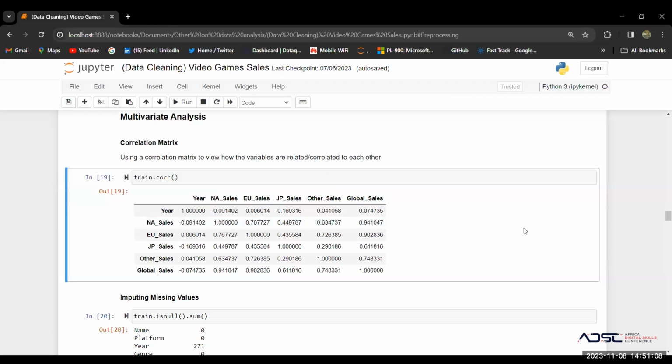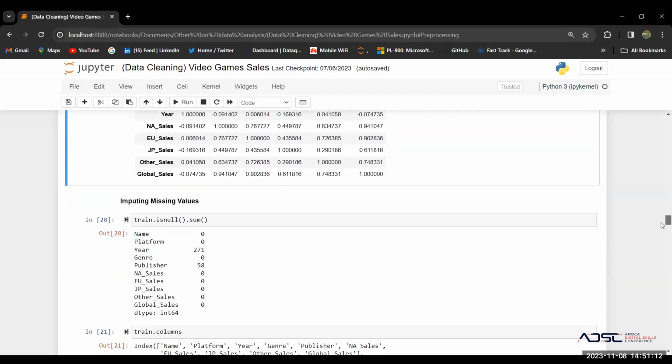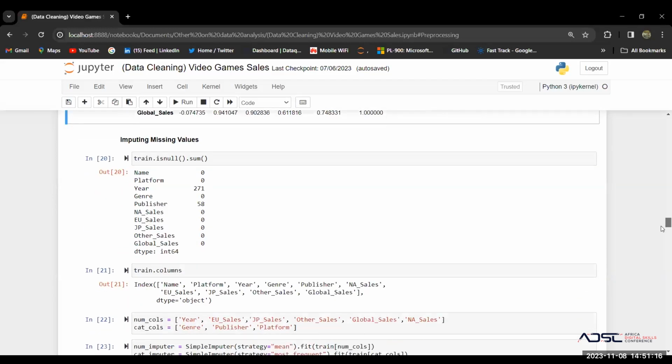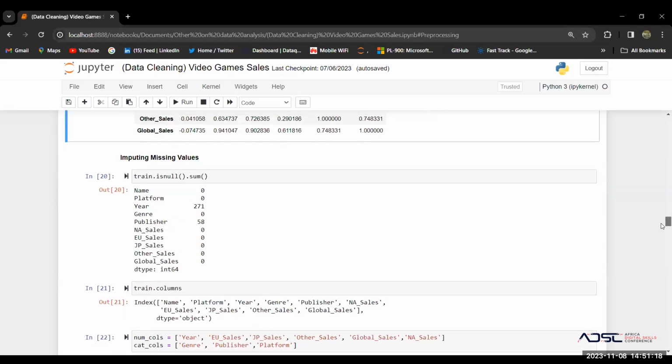So you can do your bivariate analysis, your univariate analysis, multivariate analysis, anything that you would want to do, or any information you want to derive, you can deal with that in there. And like I said, one of the things that affects data a lot is missing values. And when you are dealing with missing values, it's important,